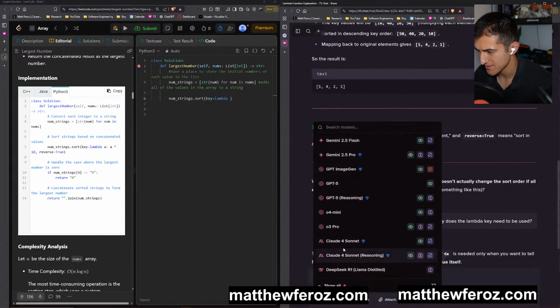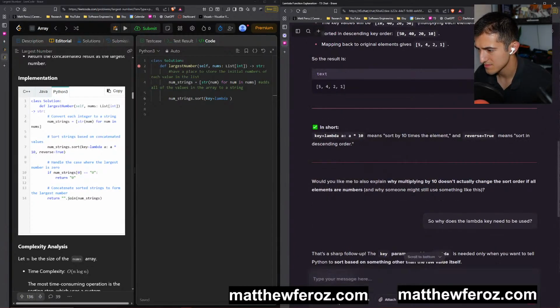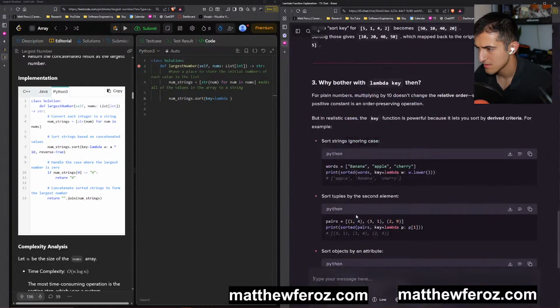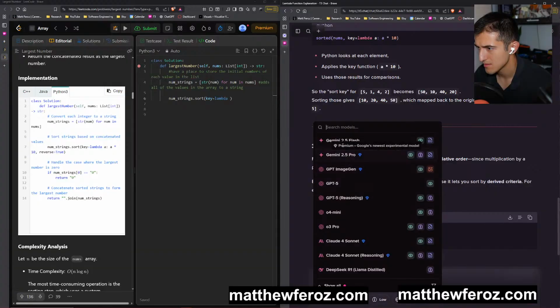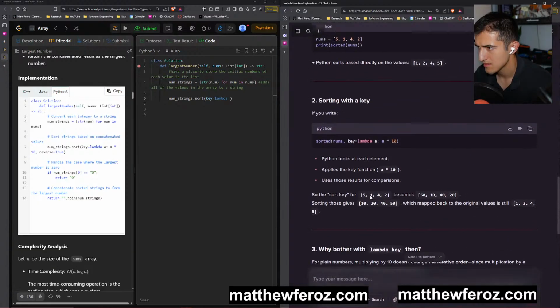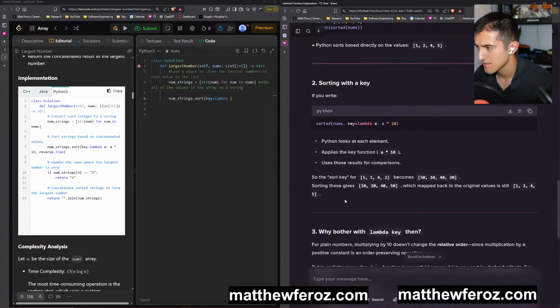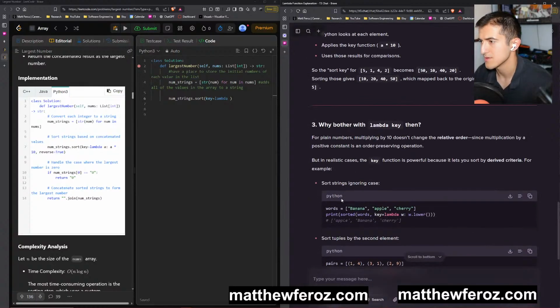So why am I using my own key here? Oh, so it maps it back.